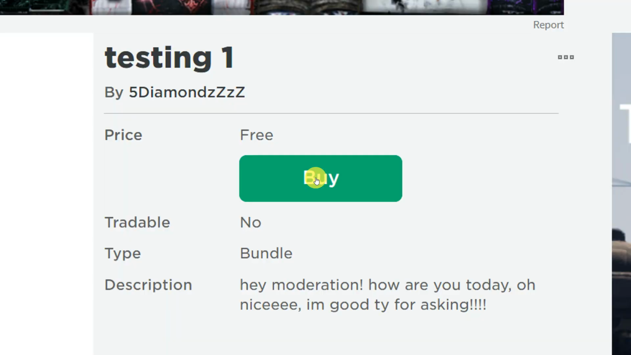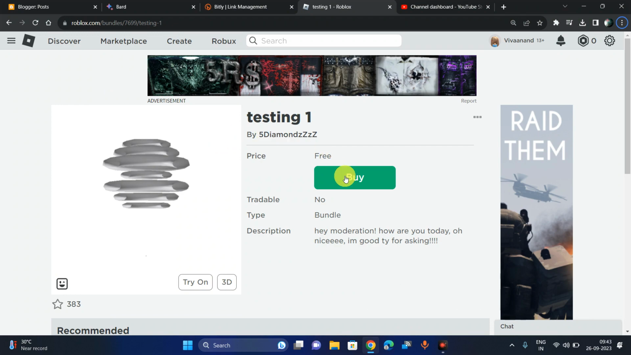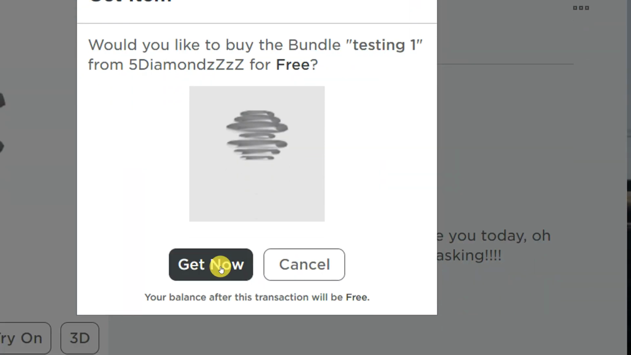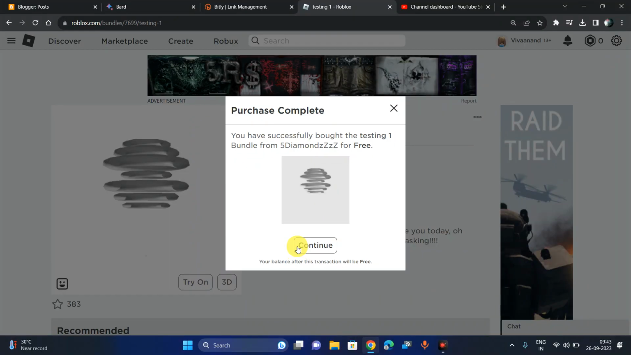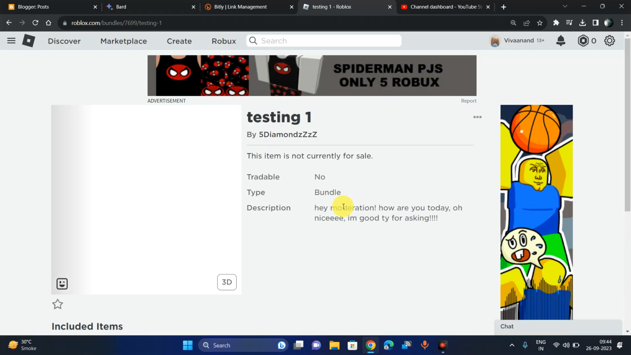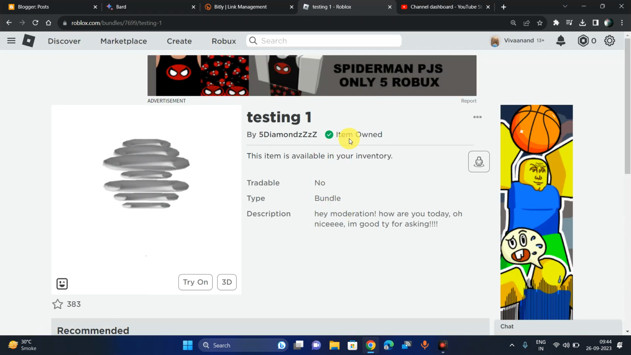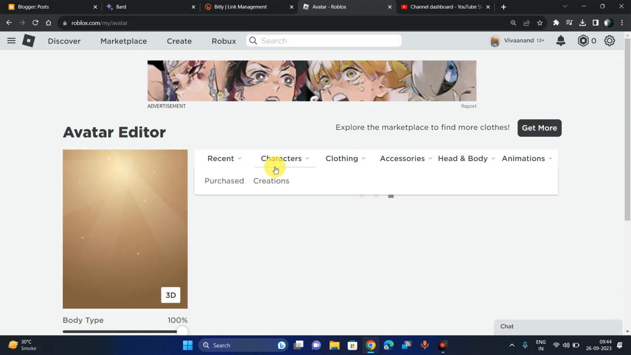And now you have to click on this buy button. Click on this buy button and click on get now. Now once you own this bundle, you just need to go to inventory or the avatar editor